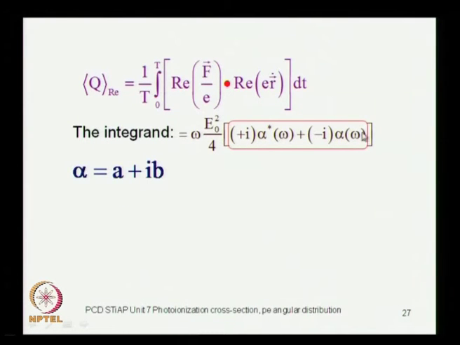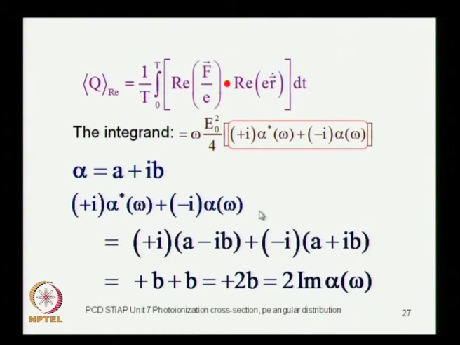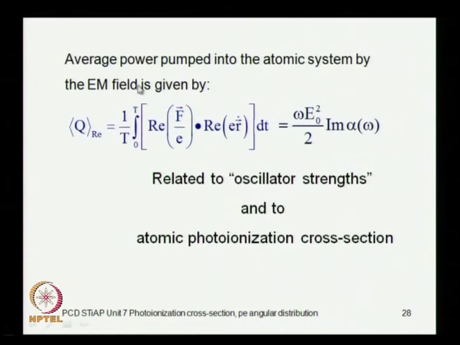Those are the ones which I have written here, and alpha is some complex number. So, you have got i times alpha star, and you have to subtract from that minus i times alpha, which is the complex conjugate of this. So, essentially what you get when you do this summation is twice the imaginary part of alpha. Okay. What does it mean? We really arrive at an extremely simple but a very important result, which is the following, that the average power which is pumped into the atomic system by the electromagnetic field is given by